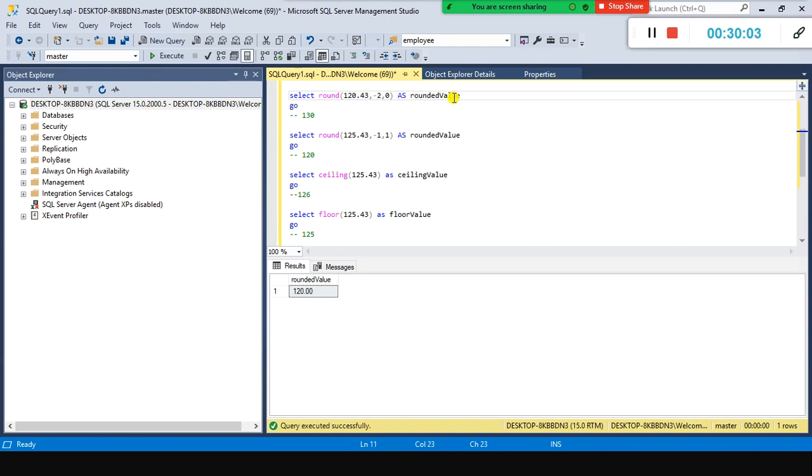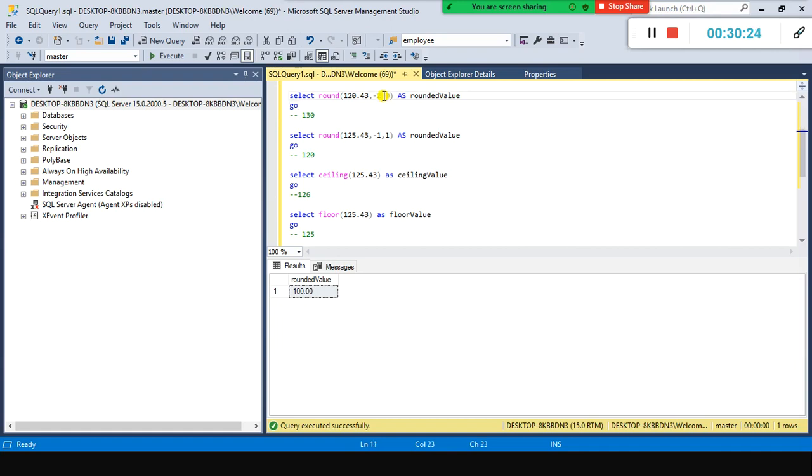In that case, if the number is 120, we are looking at the zero, and it remains 120. If it is 125, we are looking at the value of 5, which must be rounded up.